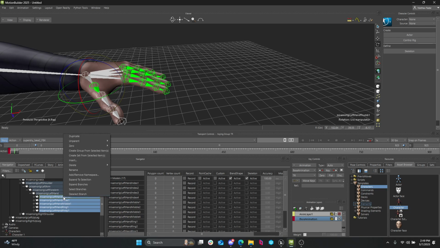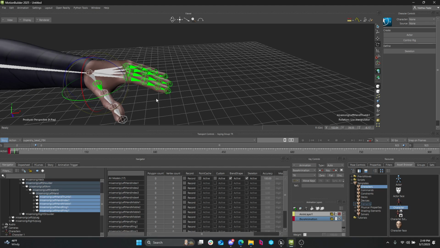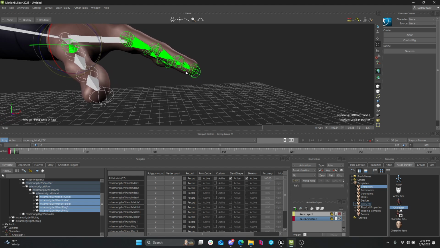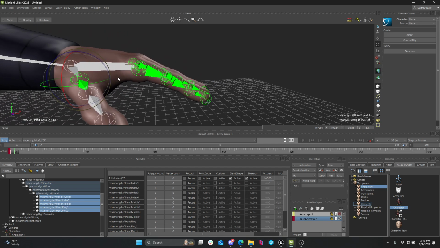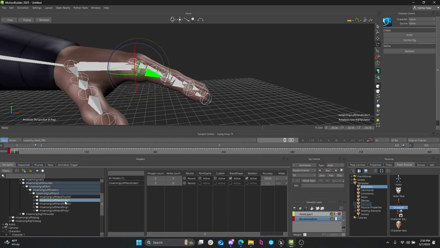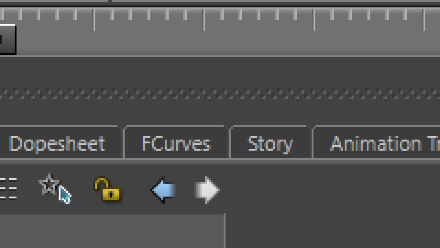And now if I zero out, see in this case, it's saying that that is zero. The knuckles are straight, but in that case, you have to make manual adjustments. You have to go in yourself and adjust. And this is starting to get a little bit more advanced, but if you look at the